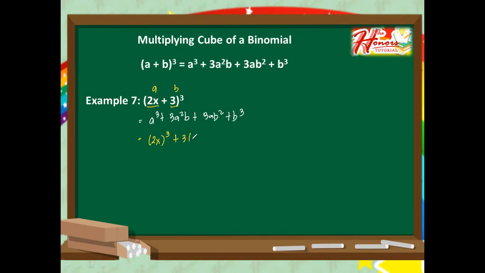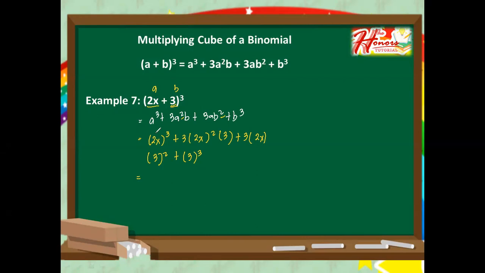Plus 3 times a, so that is 2x, raised to 2 because we have here an exponent of 2, times b, that's 3, plus 3 times a is 2x here, times b. Let me just write it here. That's 3 raised to 2 because of exponent 2. Plus b, again, it's 3 raised to 3. And then let's solve for it. Let's have first